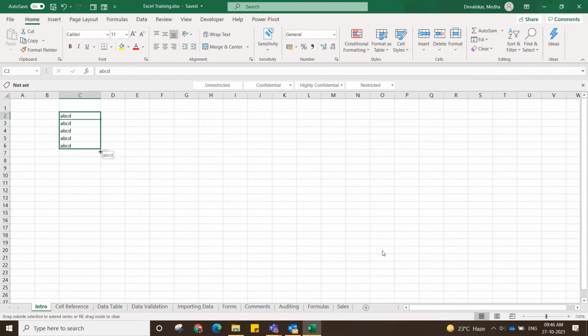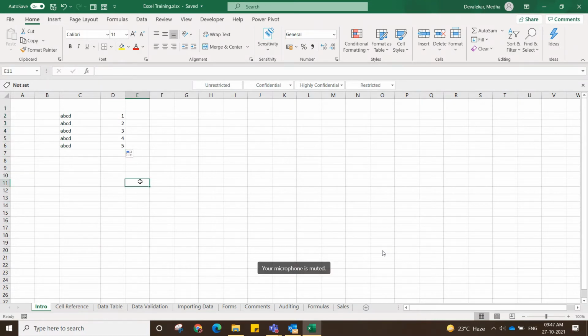You can fill any formula or numbers here, and it will work in a different manner. Like if I have two numbers, 1 and 2, and I select both and just drag, it will give me a series. But if I just click 1 and then drag, it will give me 1 everywhere.